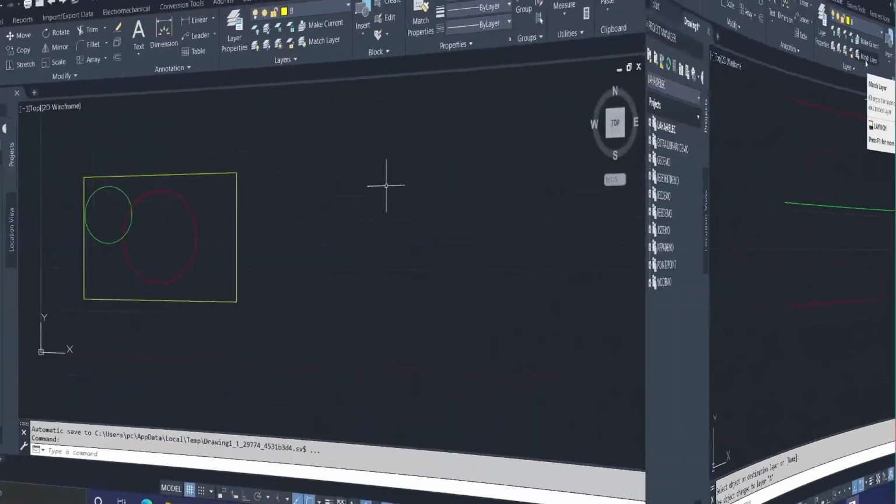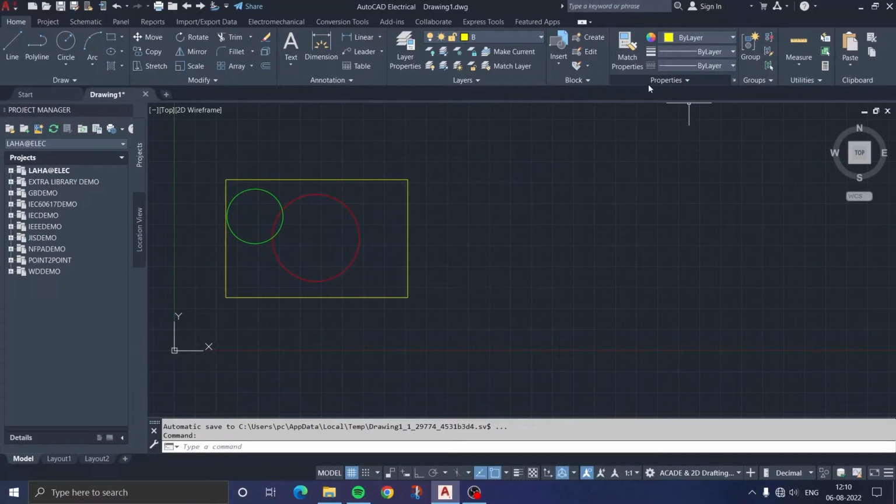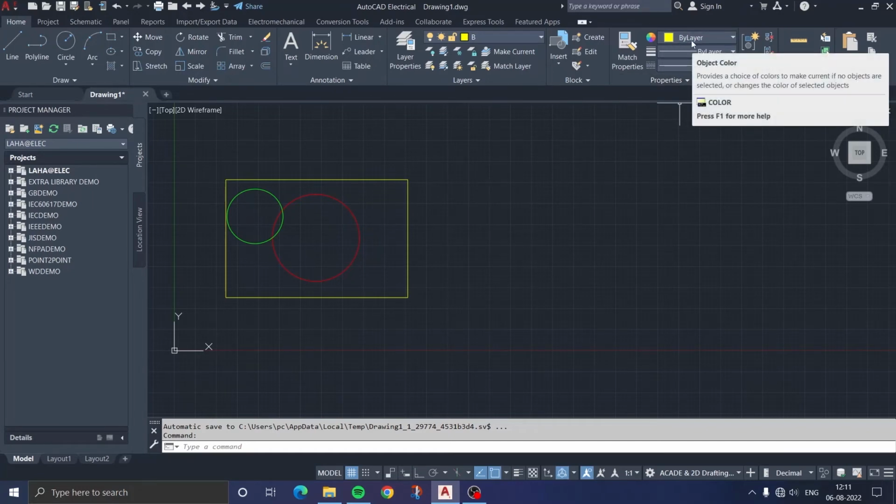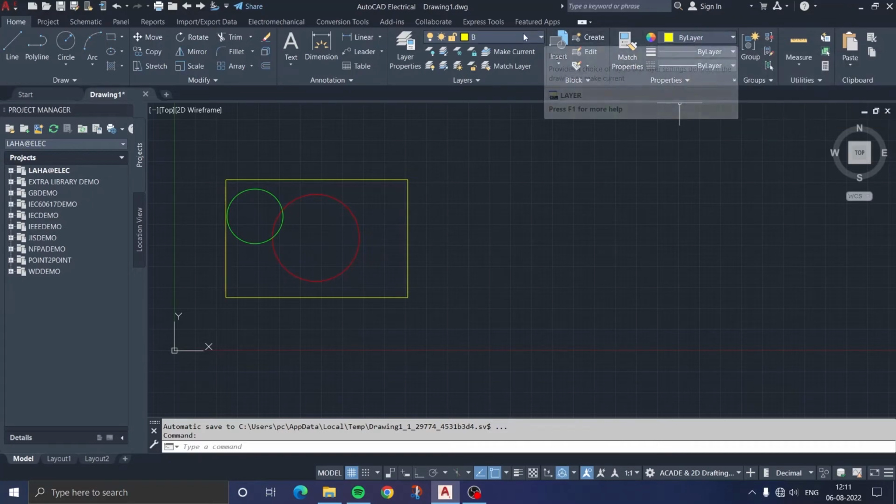Okay, let us talk about the properties of line. This panel is situated just after the block panel. In my next video I will discuss the block, how to create blocks and groups. Now let us see what the properties are. There is an option for changing the color. Suppose I have selected layer B, and whatever you draw in this particular layer, you can